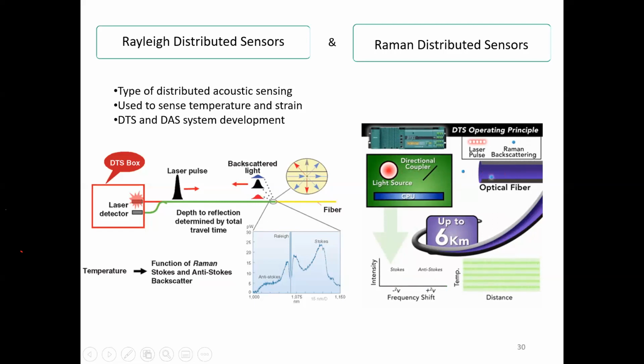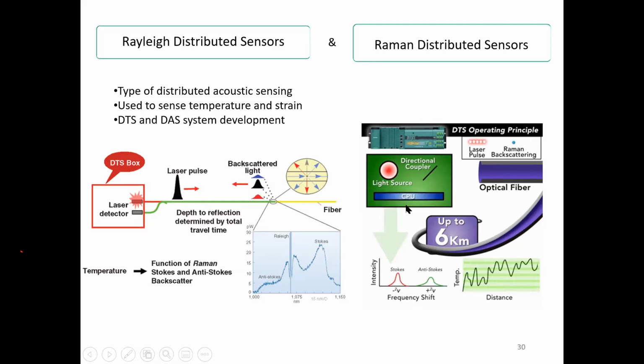So we require a very accurate, very high power laser and very high resolution detector to measure this useful light and analyze that. If we analyze, then we can get the many sensing parameters we can measure. So this is a continuous sensor, because we have not changed anything in the optical fiber.